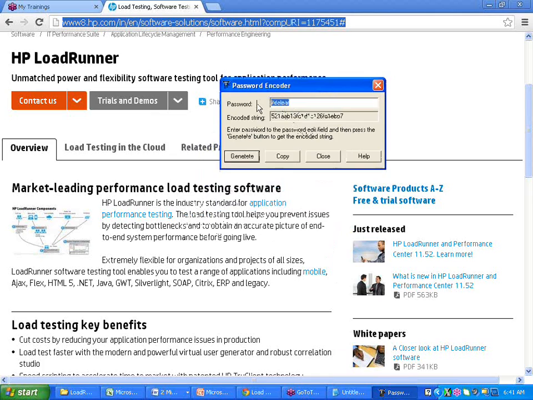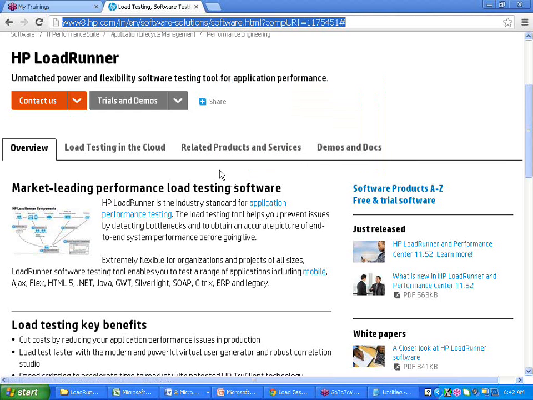Coming back to the tools, the password encoder is one tool which will help us to encode the password so that this can be the input for your script. While writing the scripts using the virtual user generator, we'll see the best benefit of this password encoder. For now, what you need to understand is that whatever the password is, you give it here and you will get an encoded string. You can just copy it and paste it wherever you need. Usually we'll paste it in the script while using the virtual user generator to generate the scripts.